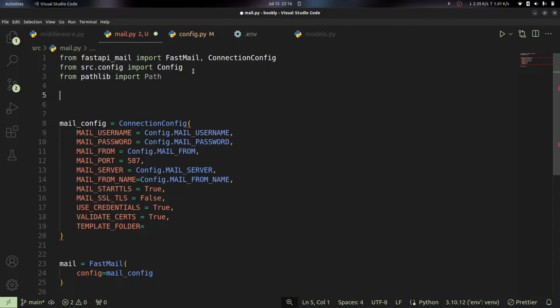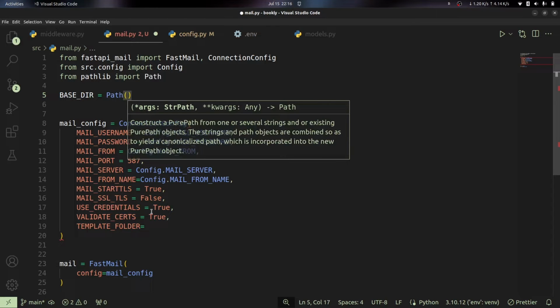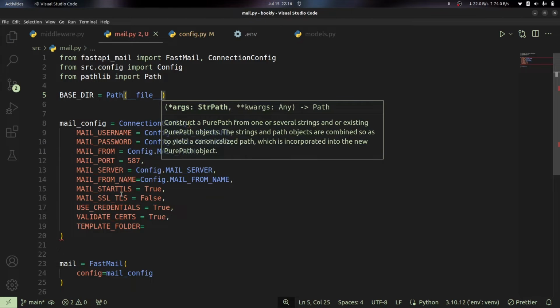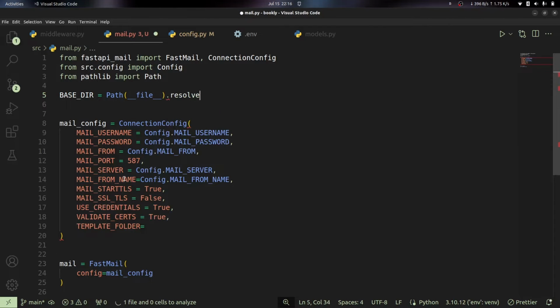So the first thing we shall do is to create the base folder, or the folder of our root project. So to do that, we shall basically create a BASE_DIR variable, and this BASE_DIR variable is going to be as a result of creating a Path object. Now this Path object is going to take in the file from which we want to find the path. For our case, we want to go ahead and provide our __file__, which is basically this current file that we are in. And once we are being able to get the object, then we can call the resolve method,